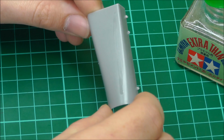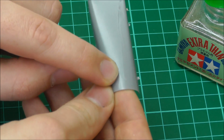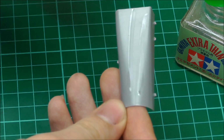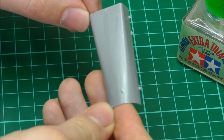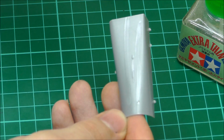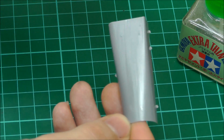Right, hopefully you can see that that is still on the surface a bit in places. So just here, there's a little bit of a blob still on the surface. Paint with the Mr. Cement, and I'll put a lot more on there than I did with the Tamiya extra thin, and hopefully, as you can see, that this Mr. Cement S just literally evaporates so quickly over the